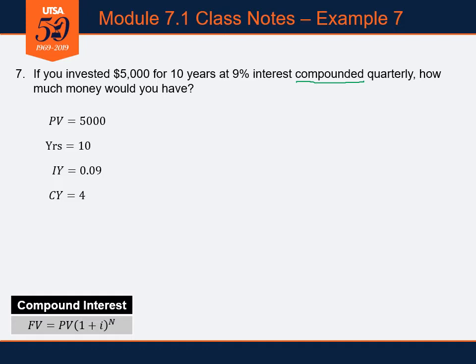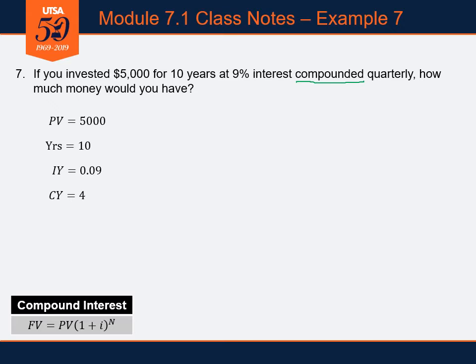How much money would you have? Now, looking at the formula, FV is what we're trying to find. What's your future value going to be? FV is equal to PV. We know our present value is 5,000 times 1 plus I, the nominal interest rate, which is the interest rate